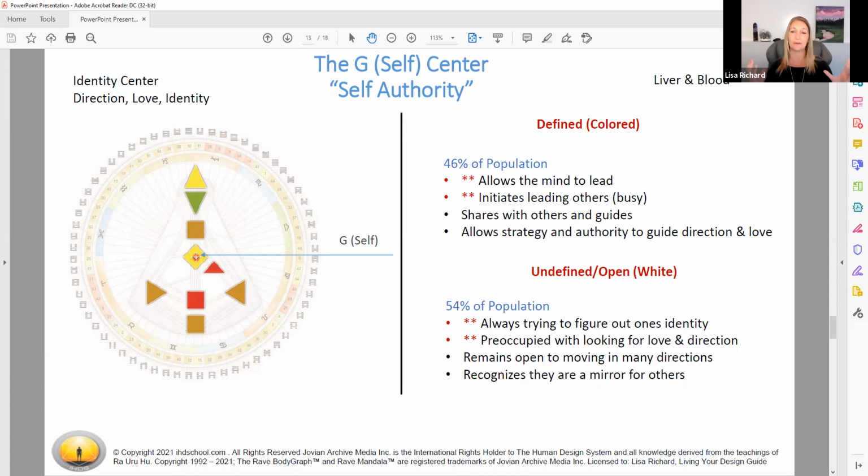Knowing that when you're in the right place, you're going to naturally attract the right people to you. You're going to naturally attract the right love to you. You're going to get all of those experiences that energetically feel right. So again, trusting in your body, being open to just going in many different directions, not worrying about a fixed identity, but knowing that you are all sorts of different things, because you're meant to really experience the adventures in life and to just have fun with that discovery process.